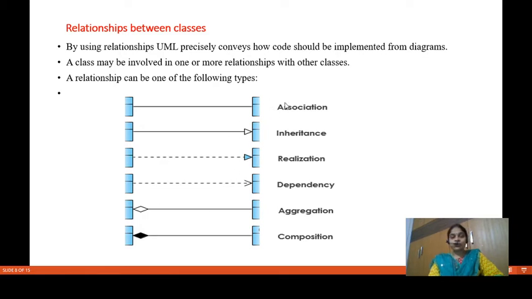The solid line is association, the arrow is inheritance or generalization, the dotted arrow line is realization, a dotted arrow is dependency, a diamond without fill is aggregation, and a diamond with fill is composition.